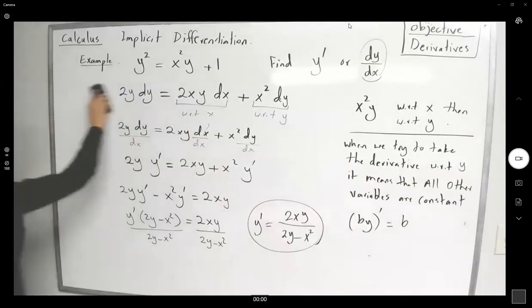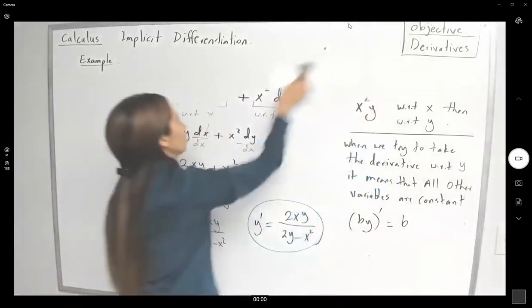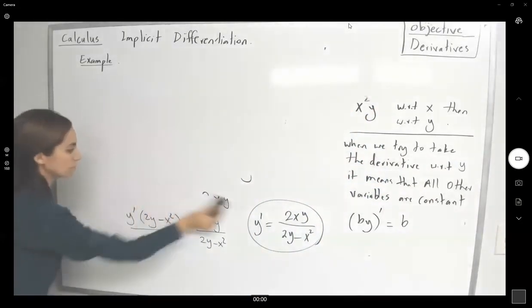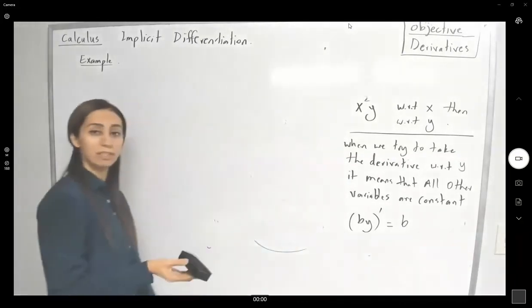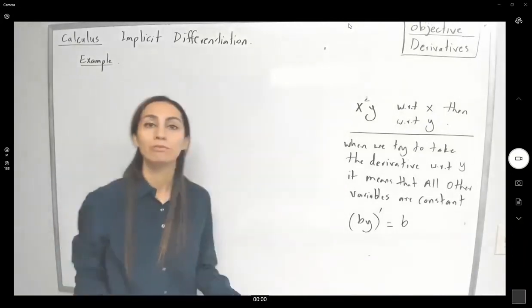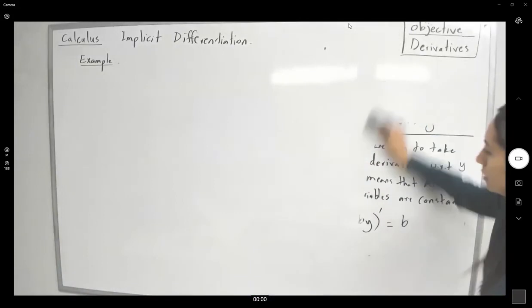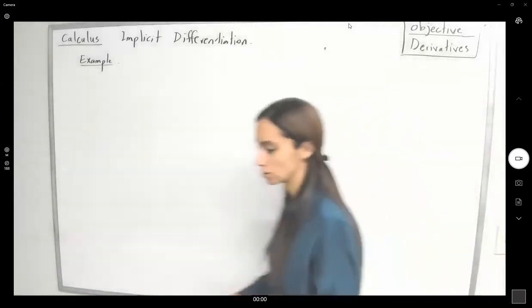So here we have this crazy looking combination of x and y. Suppose you have a surface in space and you're interested in having a formula for the rate of change of that surface at any given position. Well, the surface is given to us as